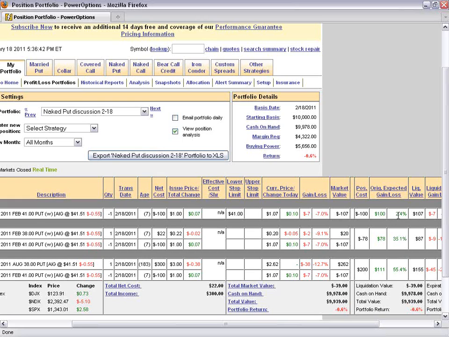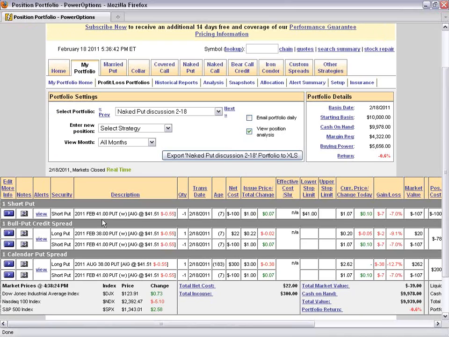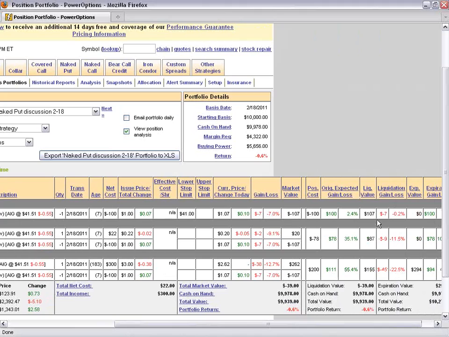The naked put return is lower at 2.4% because if I entered this 41 put, this naked put against AIG, normally I have to put up 100% of the margin requirement, so I'd have $4,100 on hold in my account. So I'm looking to make $100 against $4,100 to cover the case that I do have to purchase the stock. So that would be my 2.4% return.